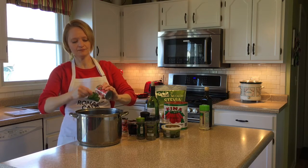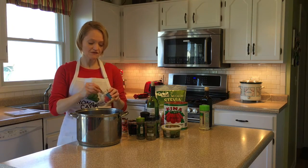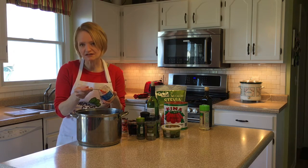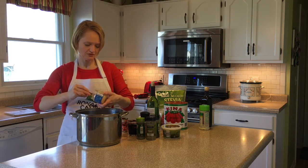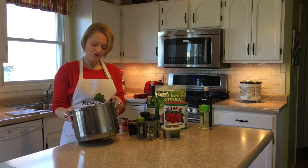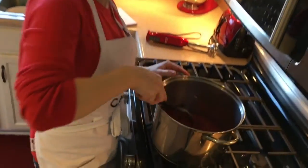Put that in, and then add several cloves of garlic. If you don't buy the jarred garlic, probably 6 cloves of garlic, but buy the jarred. It is so much easier. So just toss that in there, a couple tablespoons. And then we're gonna cook this down for 3 or 4 minutes. Okay, so that's all cooked up in there, and now we're going to add about a